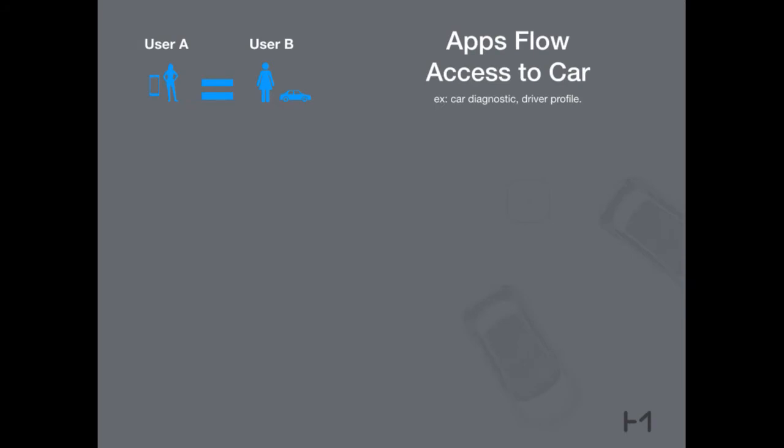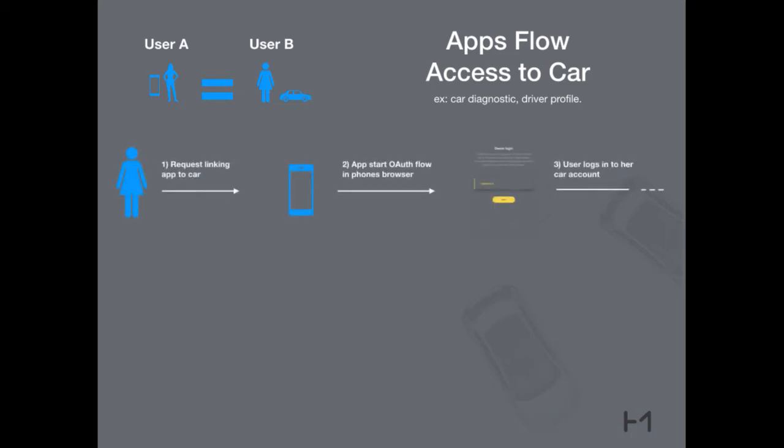Let's see if we can also become independent from all the snippets from the UI. First, we go through the flow where user A and B are the same. Examples would be car diagnostic or driver profile applications. After the user installs the app and you have downloaded the device certificate, you would ask the user that you want to access their car. So you request the user to link the app to the car, and then you will start